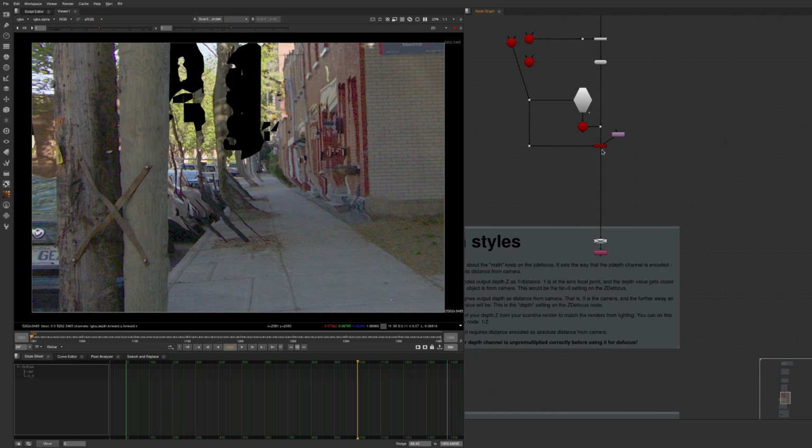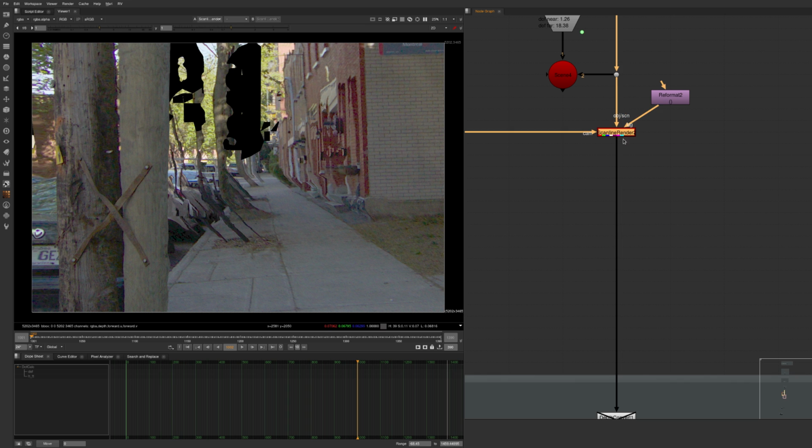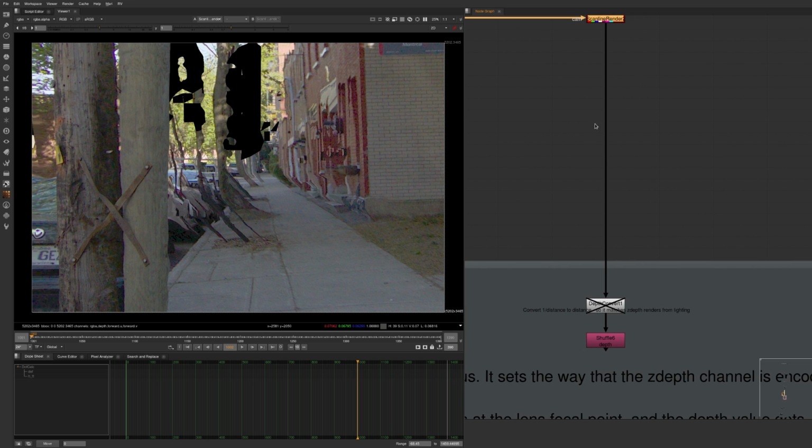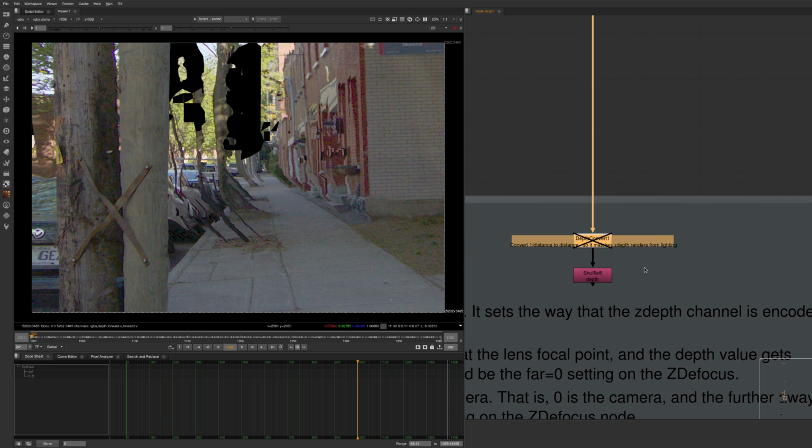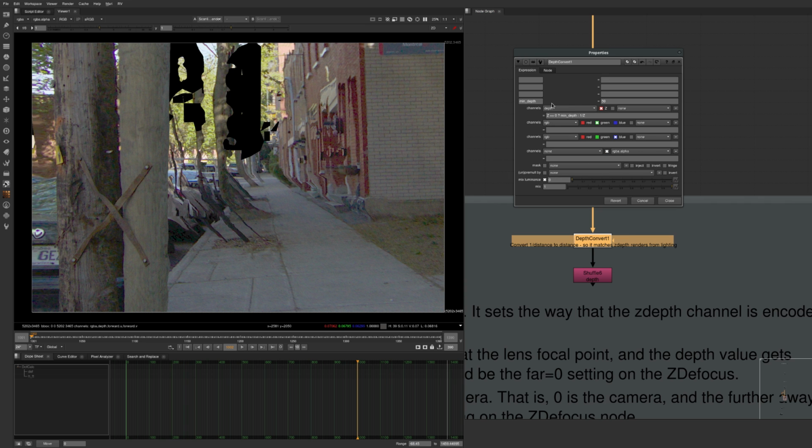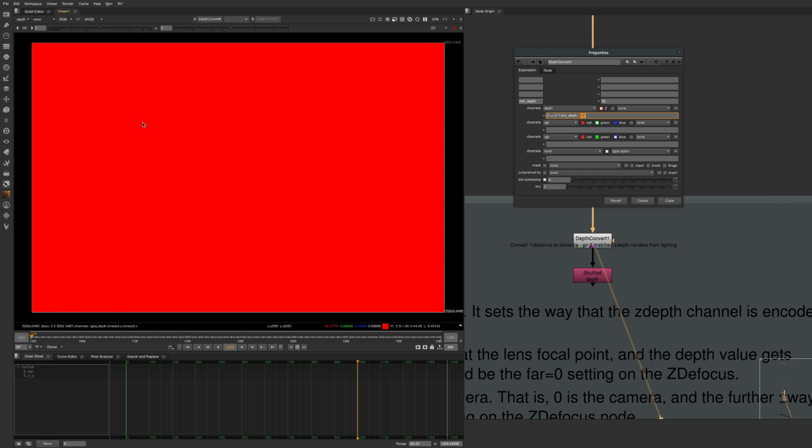So if you're rendering stuff out of your scanline render and you want to match defocus with a CG render, a lot of times you'll have to reverse the scanline render depth to be distance from camera instead. So it's super simple. You basically just say 1 over Z on your depth, and that'll reverse your depth to be